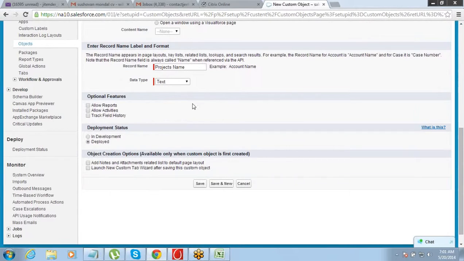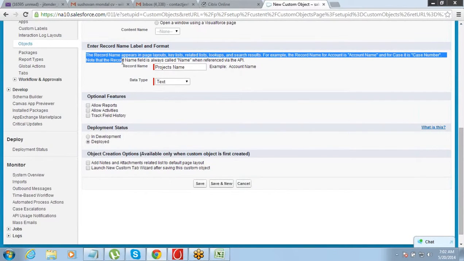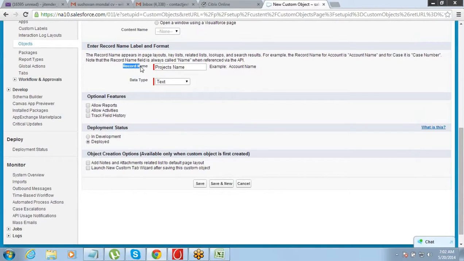But at that time only, whenever you create an object, it by default creates the first field for it. So by default it asks you for the name of it. The field will be created automatically. It is just asking you for the label of it. The name of this field, the first field which is going to be created, is by default Name, N-A-M-E. This is the name of the field, and label of the field it would ask. So you can say project name or only project, whatever you want. You put a label to it, and it's a text field.